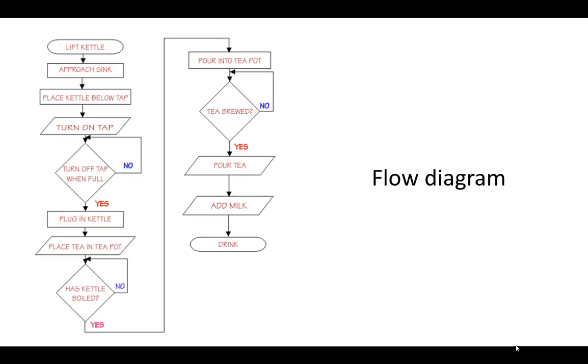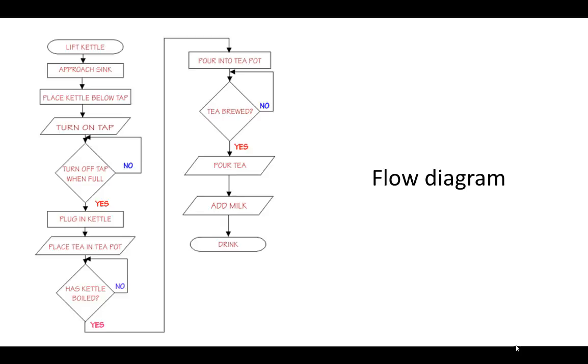So, for example, if we wanted to represent the program required to make a cup of tea as a flow diagram, we might draw it up something like this. Lift the kettle, approach the sink, place the kettle below the tap, and so on. Turn on the tap. Turn off the tap when full. If it's not full, it looks like you keep the tap on. You don't turn the tap off. So when it's full,